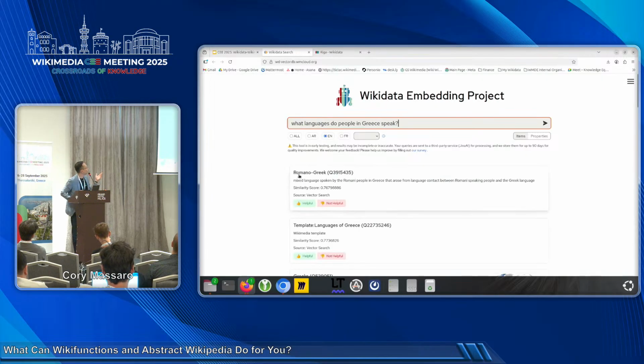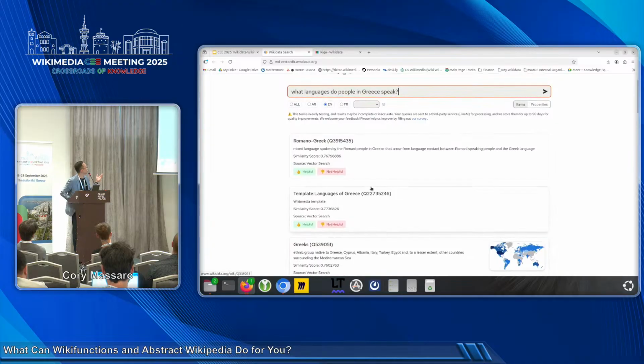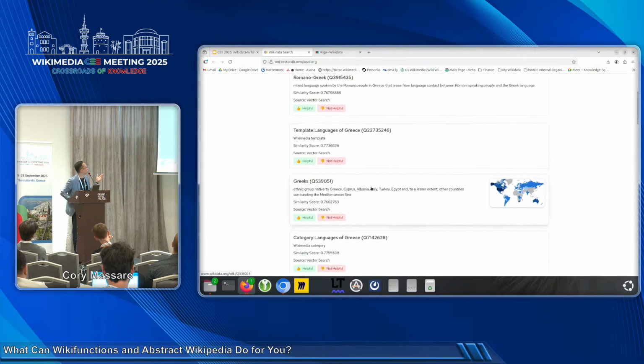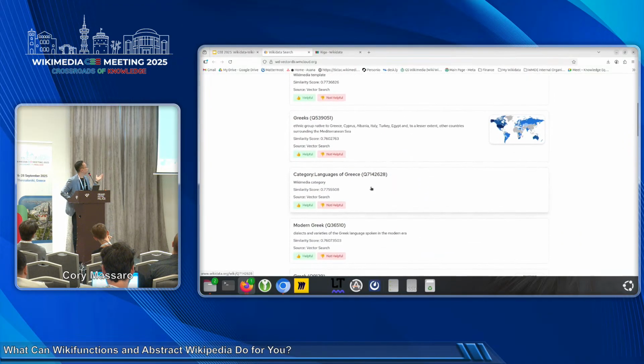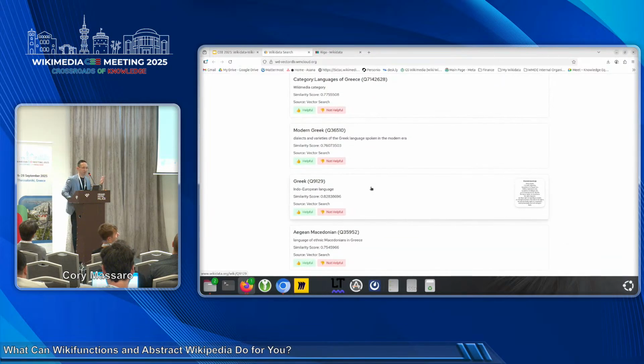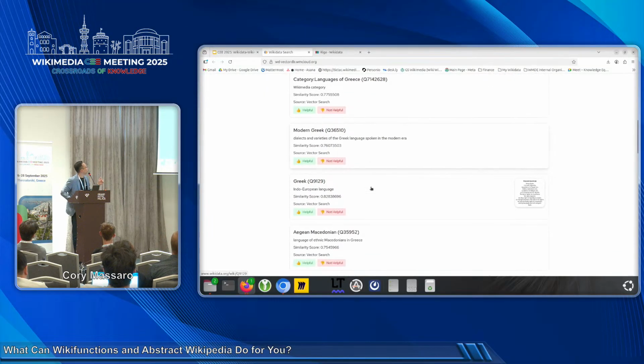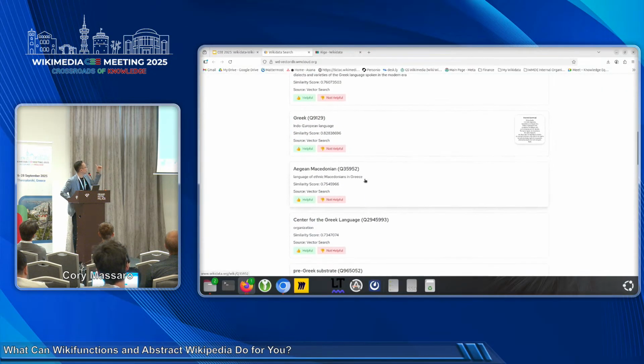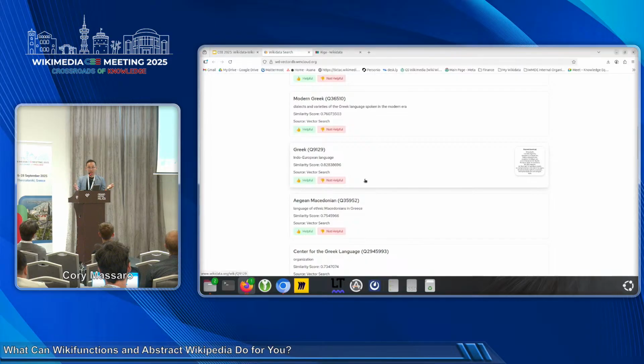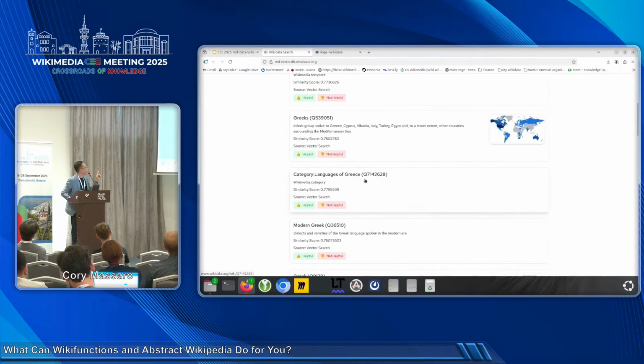Okay, so we have a list of different languages. It's not the kind of results that you wish to get from a ChatGPT, for sure. But it's a demo to show you that it pulls out certain results that may be interesting for the user who is making a query, and then the user can just go into different items to see for him, her, or themselves.